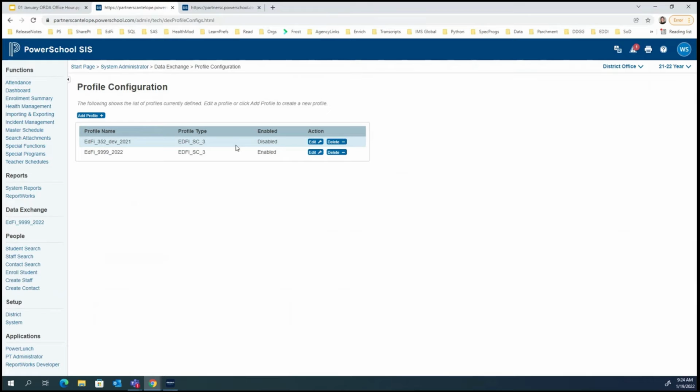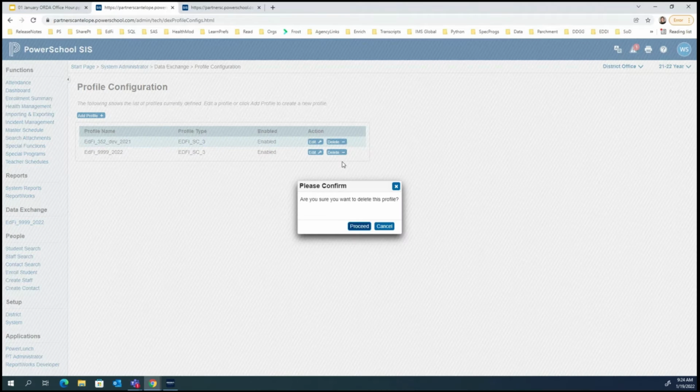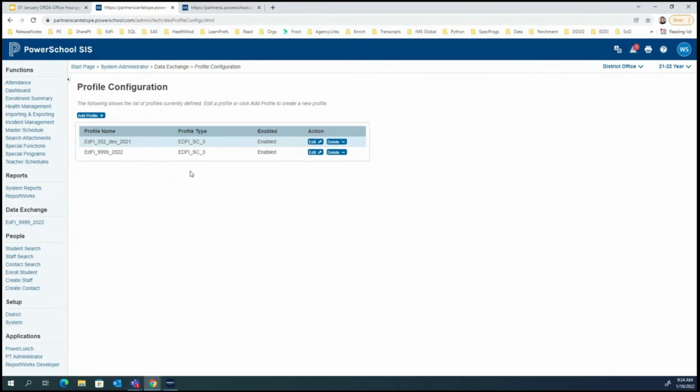All right, so I'm going to re-enable this one. I'm going to delete that second one there, just to avoid confusion. Am I sure? Yes, I'm going to delete it. And that should update in a second. Let me try that one more time. All right. Oh, you know what? I forgot about this. It's going to make me disable it before I can delete, I think. Yeah, let's try that. There we go.